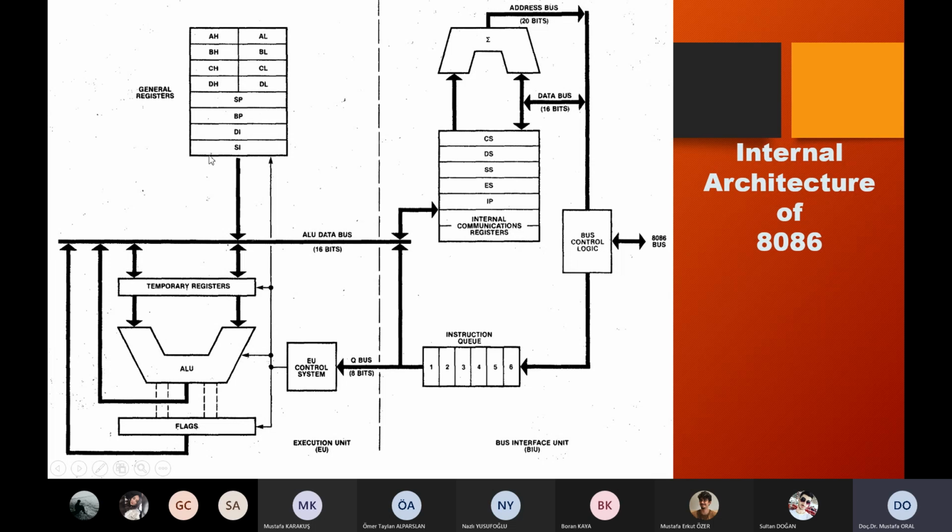We are storing data in general registers, and we can operate either arithmetic operations or logic operations, and according to that, through the bus interface unit, we send out the results to the outer memory